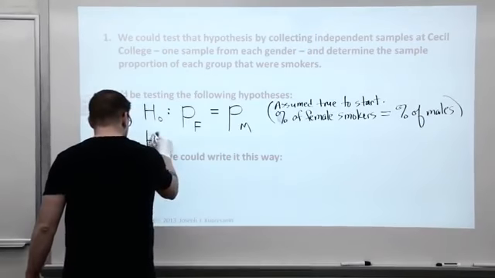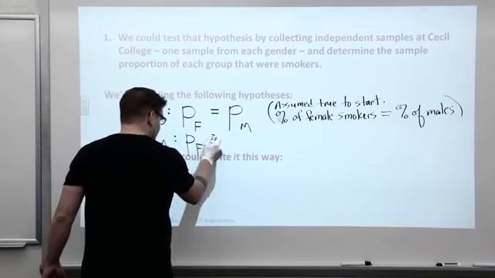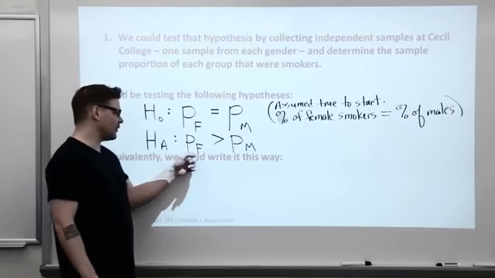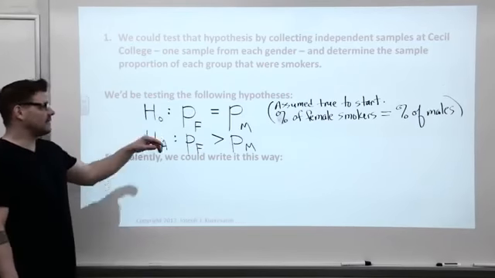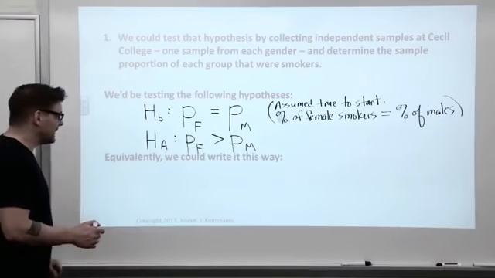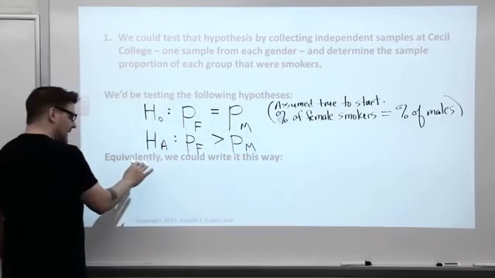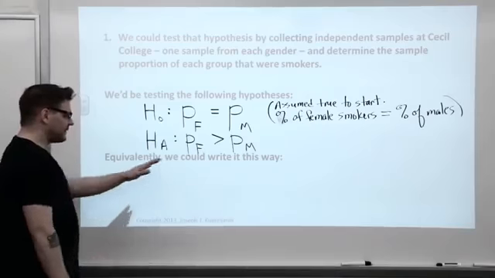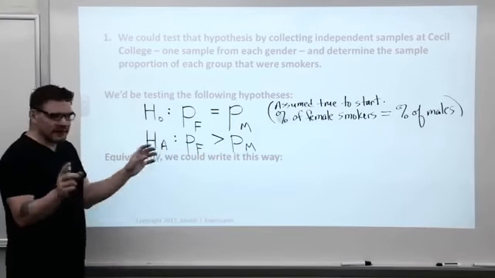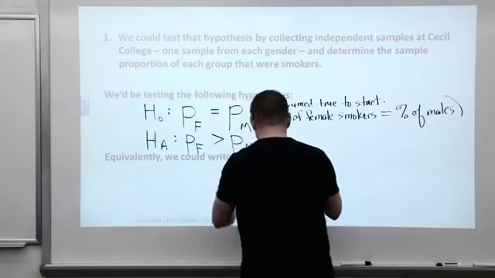So for the alternative hypothesis, HA, P sub F greater than P sub M: the percentage of female smokers is greater than the percentage of male smokers. Again, we look to the problem description to figure out what symbol goes in the alternative. To me, this is the easy way to think about it. I could write the hypotheses in a different way, over there. You don't need to write it both ways, students. One is sufficient, but I need to point something out. So equivalently,